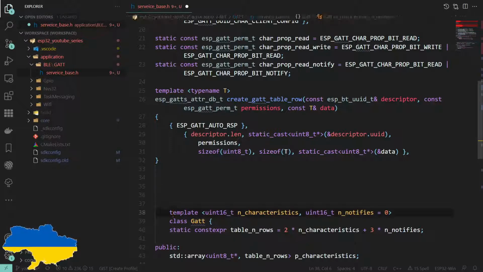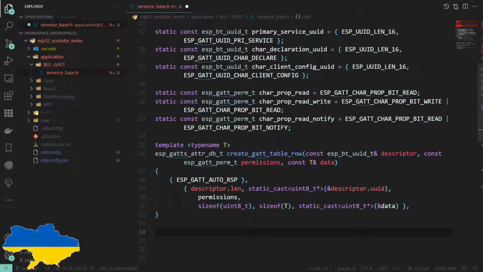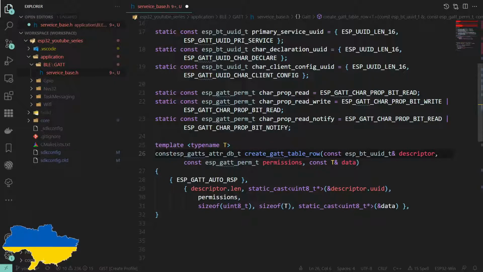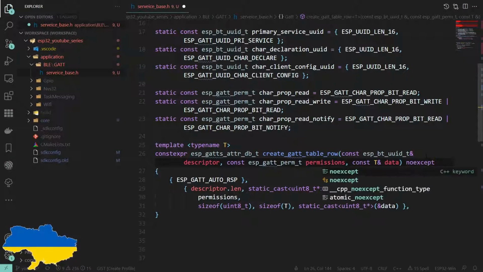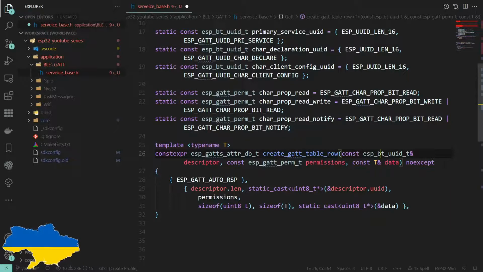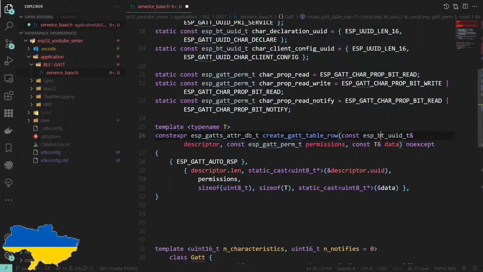So I've done that as a free function. Makes sense to be a free function, I think. And there's a good chance that most of this will be known at compile time. So this can actually be marked constexpr. And really it can be noexcept as well, because it doesn't allocate any memory. Yeah, happy with that.